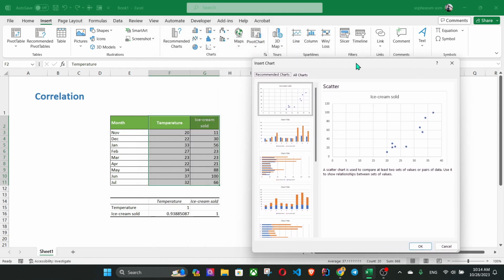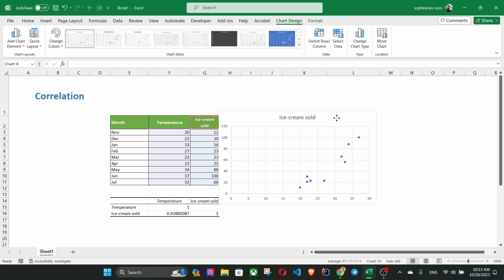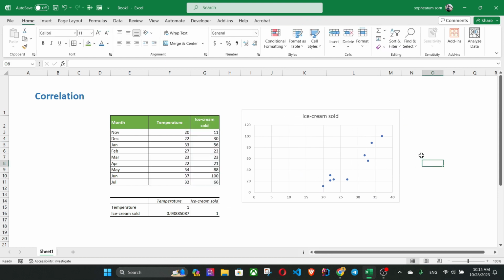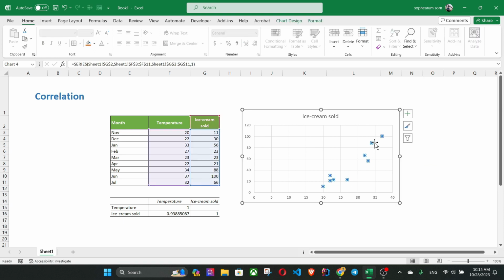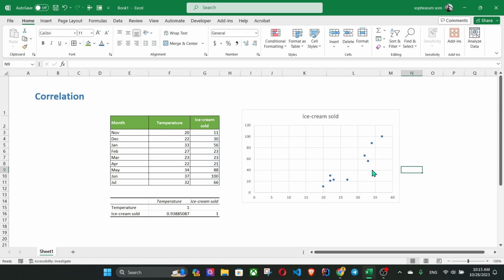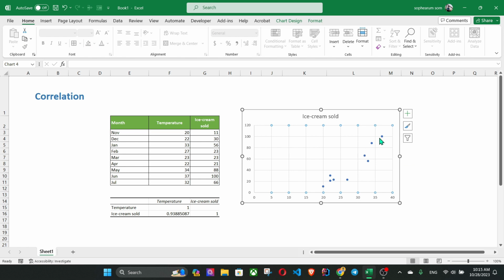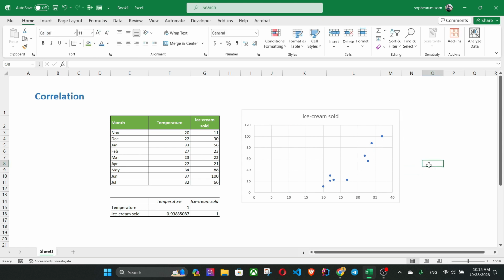The one we mostly use for regression is the scatter plot. You select Scatter and then click OK. So here is the scatter plot. You can identify the relationship here. As I know, it is positive, which means that when the temperature is higher, the ice cream